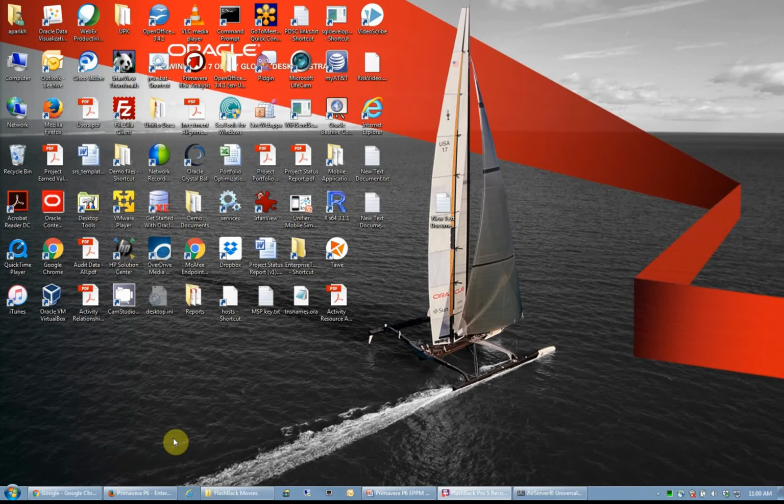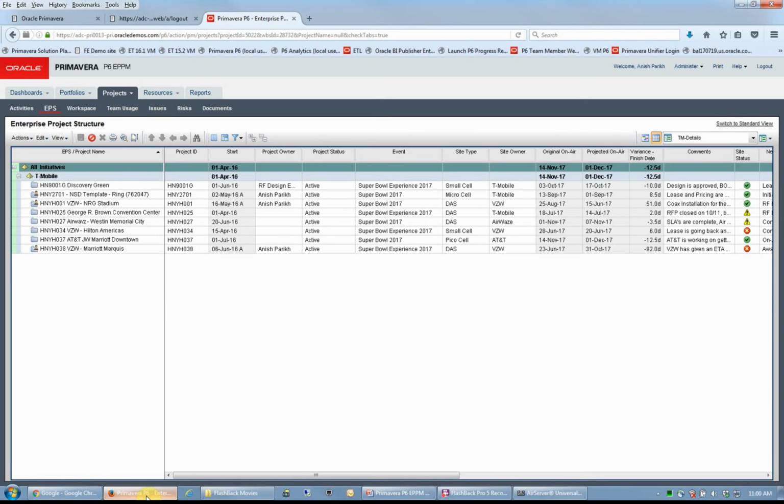Now that we've seen how field engineers and other team members have the opportunity to view and provide updates and status for the work that they're performing in the field, let's see how that impacts the project manager and the schedules that they are managing. So I'm going to bring up P6 Web on my desktop here,